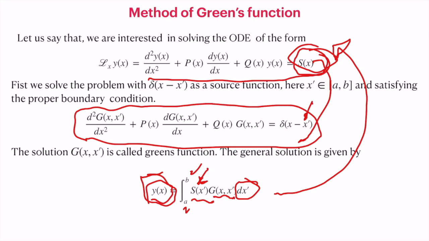Look at this. This is only the principle of how to solve it, and we can in general show that the solution thus obtained is in fact a solution to this differential equation, and it follows very easily from the properties of the Dirac delta function. So let's check how to do it.